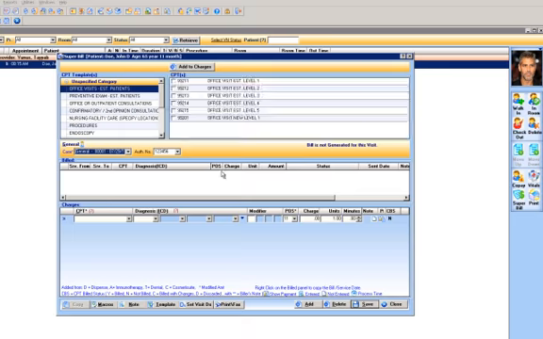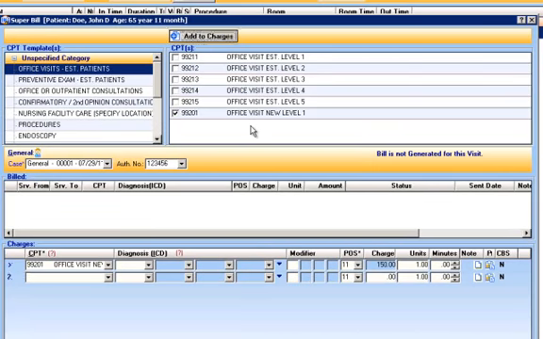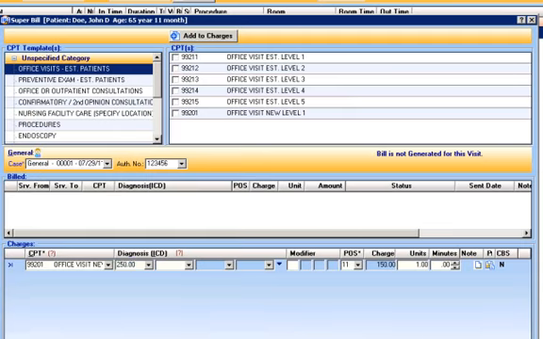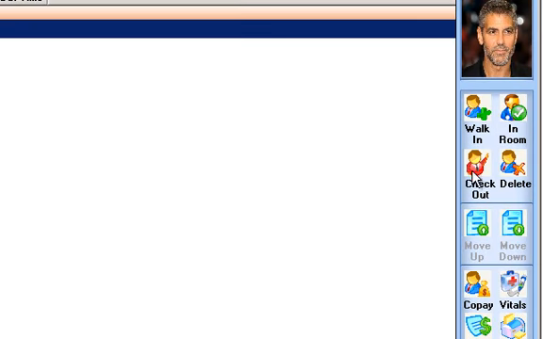I'm going to demonstrate how the provider would go and select the things that they've done. We can go through our examples here of the types of offices that they've done a visit for, and then maybe just put in a diagnosis, and save, and close. Now the provider has created a super bill. We can go through the checkout process,